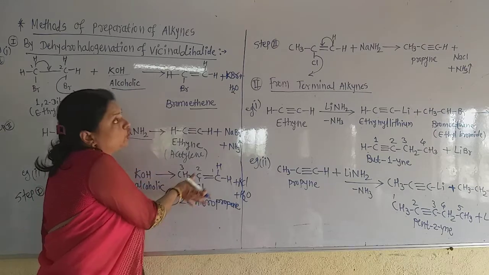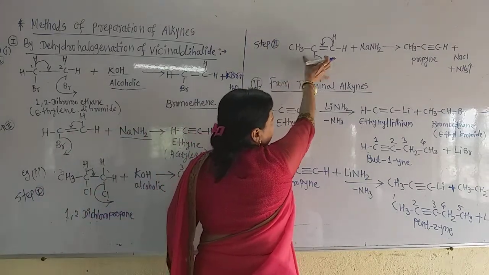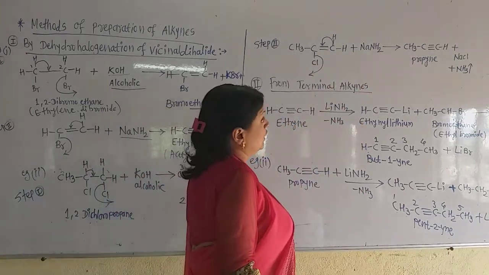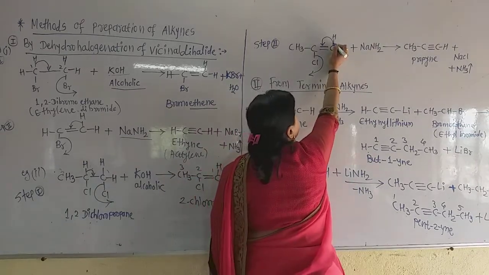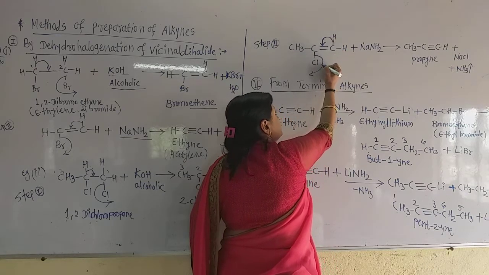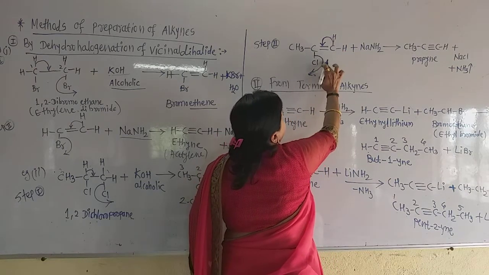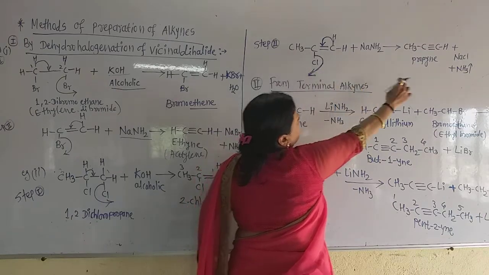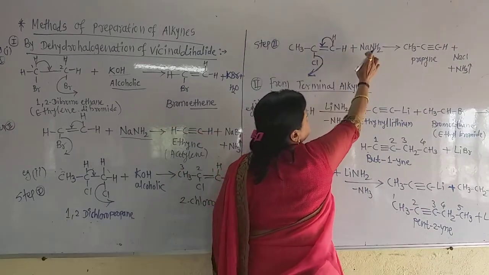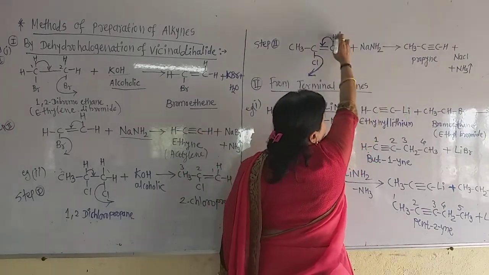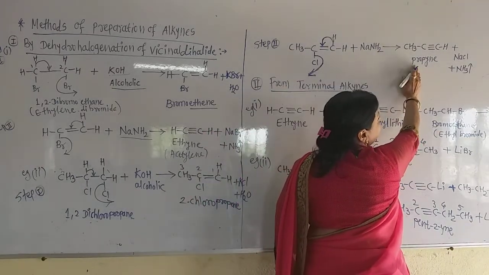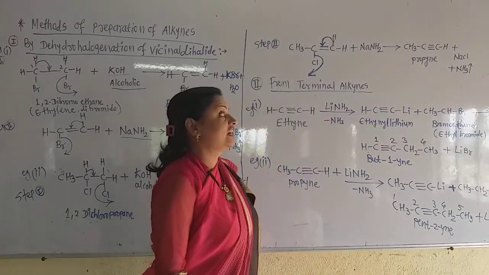Again take this 2-chloropropene as it is, and react it with the second reagent, that is sodium amide. Now what is here? Here also this hydrogen gives a triple bond, and this chlorine leaves with the bond. Now what happened there? There is a carbon-carbon triple bond between these 2 carbon atoms, and this HCl reacts with sodium amide to form NaCl and NH3 gas. Now what is this? This is propyne. The alkyne we have to obtain here. This is the alkyne propyne.